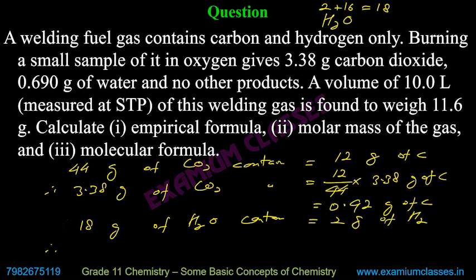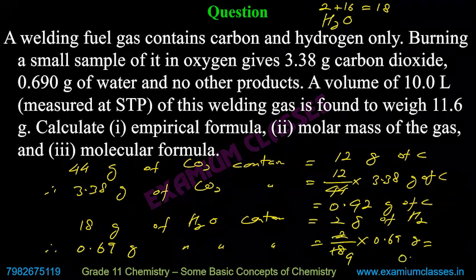Hence, whatever is the given amount, I think 0.69 probably was given, 2 by 18 into 0.69 gram. Calculated, 1 by 9, it will have approximately 0.07